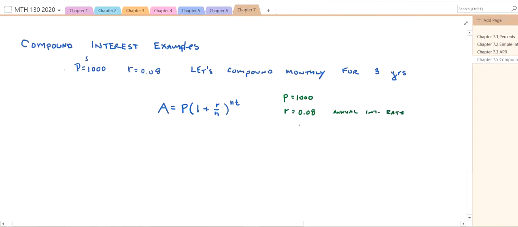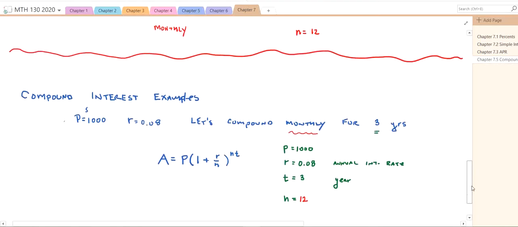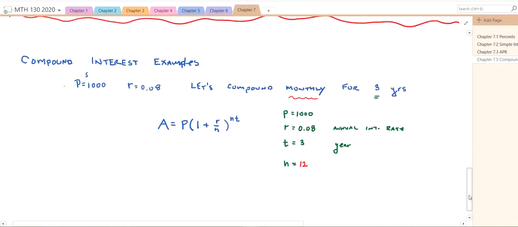And T is 3 years. Got that from here. That leaves us with N. So what's N? Well, N I'm going to derive from this idea that we're compounding monthly. And that means there are 12 compounding periods per year. So N is 12. And I wrote these down up here in this little chart too, so you can reference